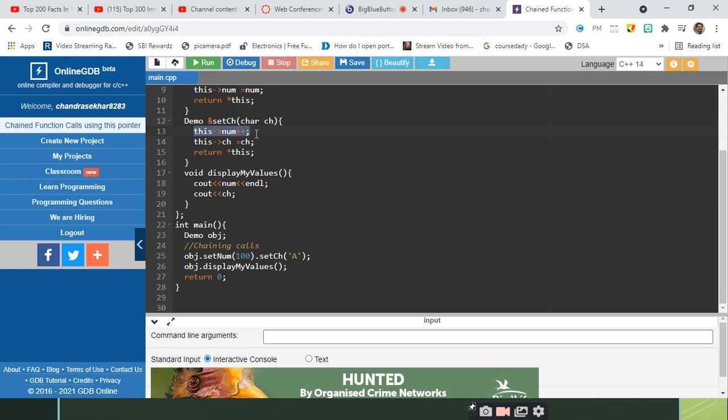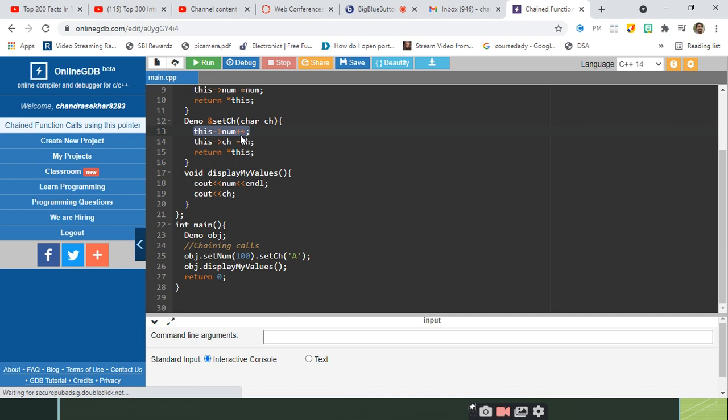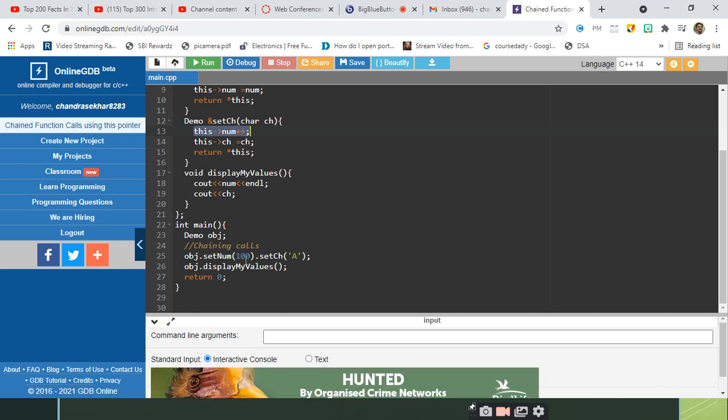So this is also executed. The increment part of num is also executed. So what happens to the value of num now? Previously it is 100, but I have used the increment operator num plus plus. So it becomes 101, right?